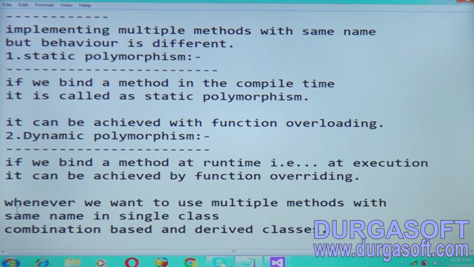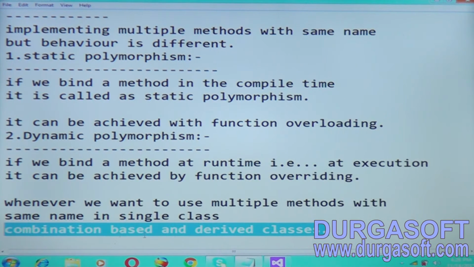These are the two reasons. Whenever we want to use multiple methods with the same name in a single class, or use the combination of base and derived classes, we go for polymorphism.